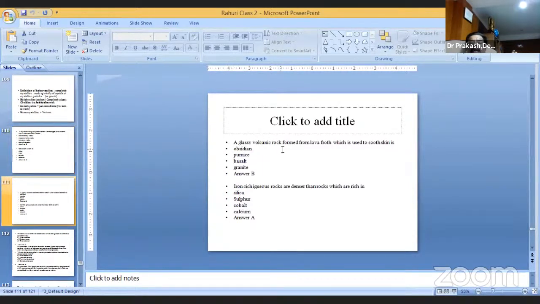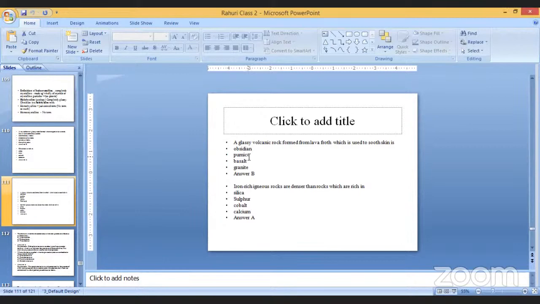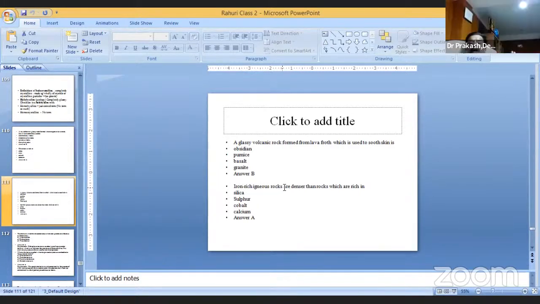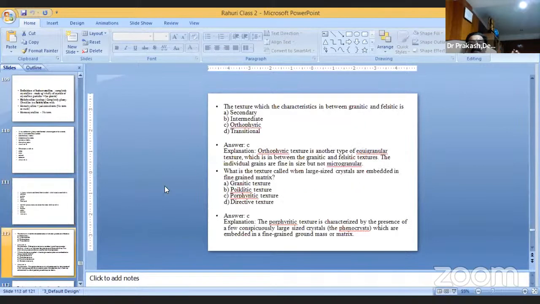A glassy volcanic rock formed from lava, froth which is used to smooth skin, so it is the pumice. Pumice, right? Yes. Iron-rich igneous rocks are denser than the rocks which are rich in silica-containing igneous rocks. The texture which has characteristics in between granite and felsite is